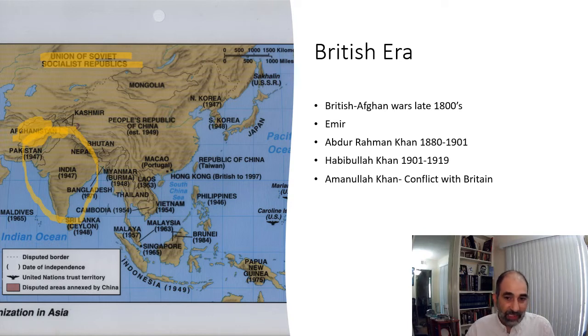After that, he had a son named Habibullah Khan, and that continued relatively smoothly as well, actually, for the British. But then when we get to about 1919, we get to Amanullah Khan, and things kind of transform a bit. Instead of agreements and working together on building projects and roads and those kinds of things,